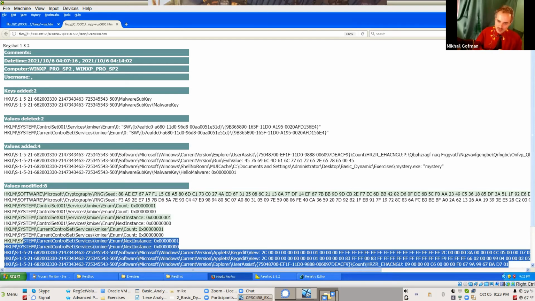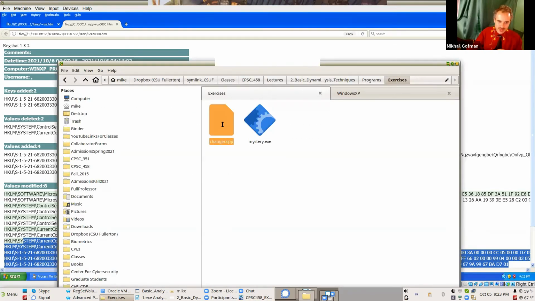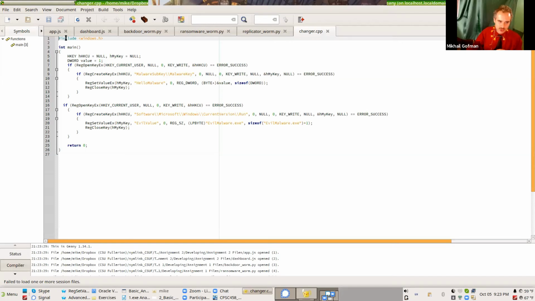Okay. So now, what does this malware actually do? Well, this is what it actually does. This is its source code that I've written. So it basically opens the key. It opens a handle to the HKEY_CURRENT_USER key. And then inside that key, it creates a malware subkey, malware key path. And then underneath that path, it creates a